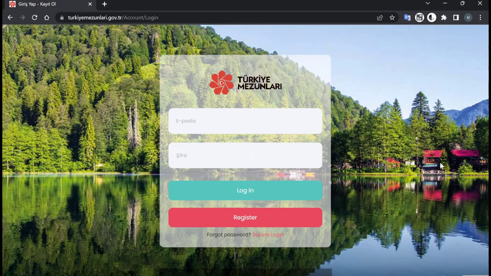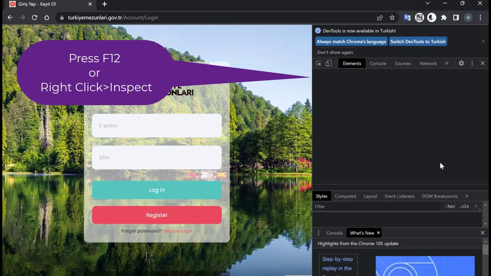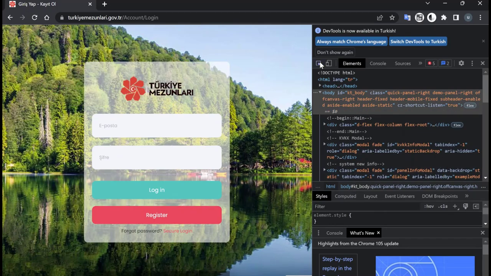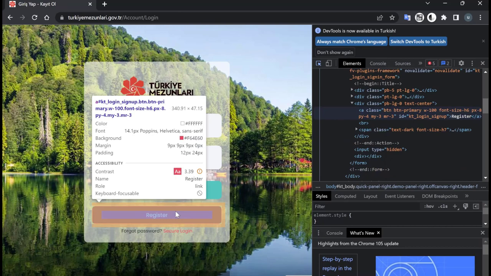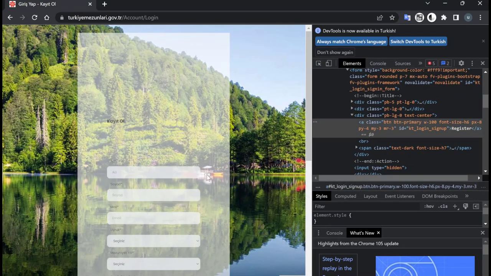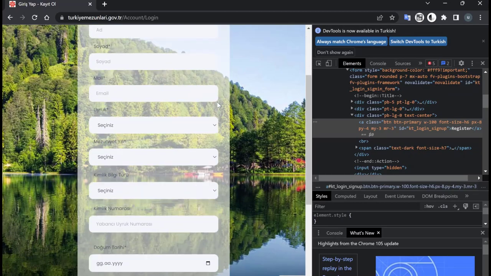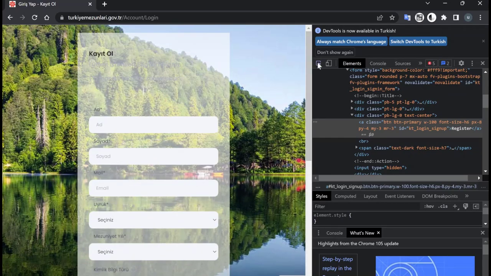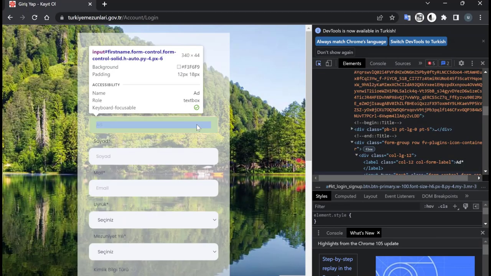Let's analyze our second page, the sign up screen. There is a register button we have to click, and it has an ID. In sign up screen there are some inputs, mostly text inputs. Almost all have IDs.